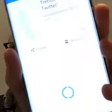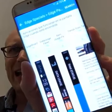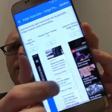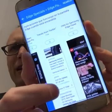Now another thing that the Edge now does that the S6 didn't do is you can download more Edge panels. It's an open SDK. So you see, for instance, in the Edge store already, they have a data usage panel, a RAM panel, trends from Twitter, they have